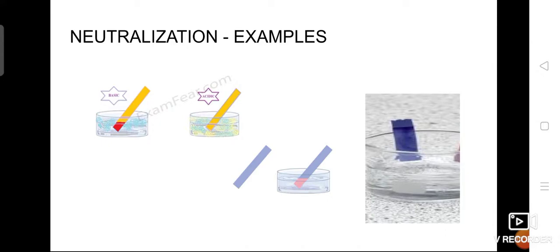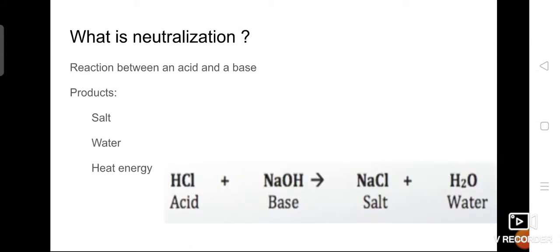So basically the effect of acid, because first we dipped it in acid, is compensated by the effect of the base. So this is also one of the examples of neutralization. There are some instances which tell you that acids and bases neutralize each other. From this we can say, so that is the question, what is neutralization,